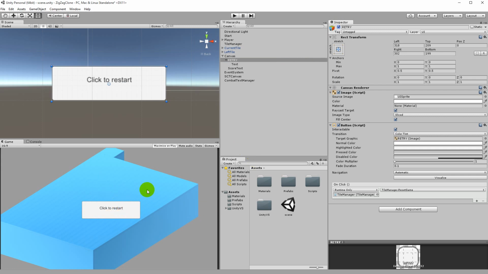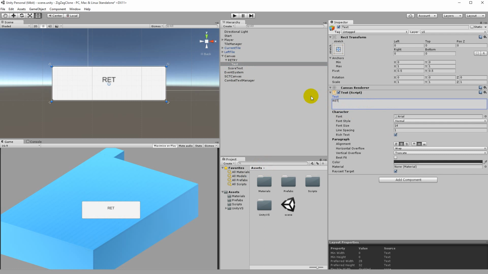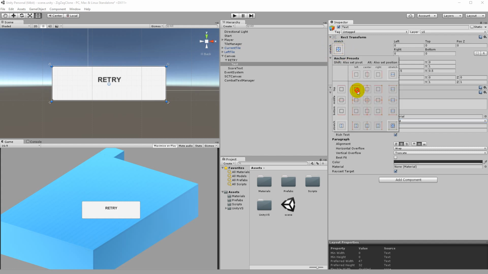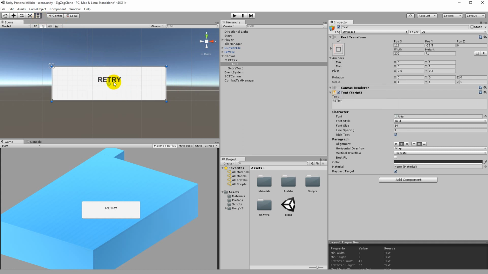So to fix this, to make it look more like the ZigZag game, we can take the text here and write retry. And we can make the text bold here on the font style. And then we can simply just make the text move a little, because right now it stretches with the button and we're not really interested in that. So basically we can click on the stretch here and put it in the top left corner so that it follows the button, and then select the rect tool here to the right,